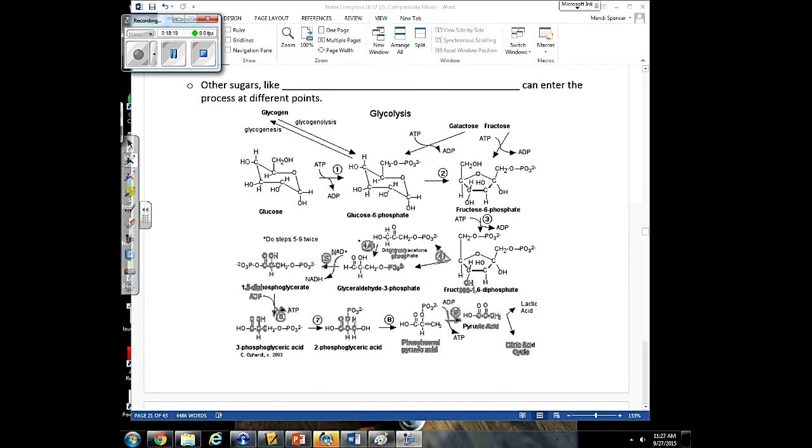Now let's talk about other sugars, because we can get energy from glucose and fructose, and lactose can be broken down into galactose and glucose. So other sugars can provide energy as well. So let's indicate glycogen can be broken down into glucose subunits. So glycogen can be broken down, and here's a glucose subunit that we get from glycogen. And so that can enter glycolysis,